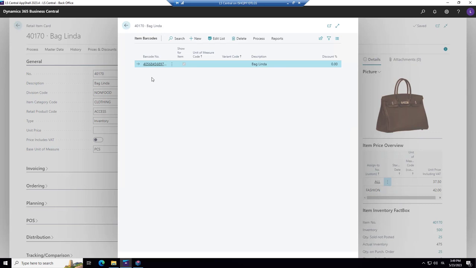Yes, it's normal. So think about something like a cereal package. The barcode that comes with the package always starts with the first 3 digits of the country of origin where this was produced. So the same cereal package can be produced in different countries. So if it comes from country A, it has a specific first 3-digit number. If it comes from country B, it can have other digits because that's the standard of barcodes in the world. So there is a need to put more than one barcode for an item.